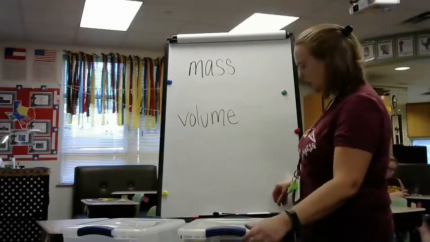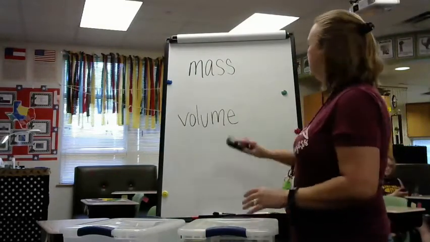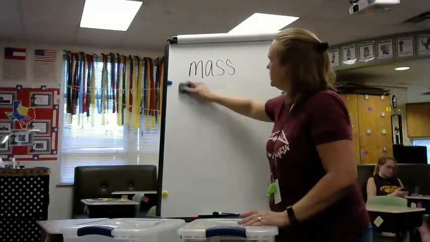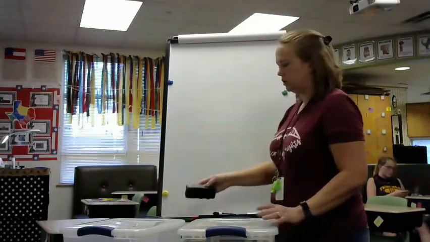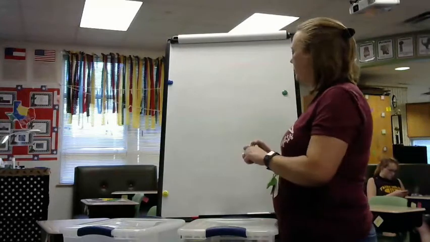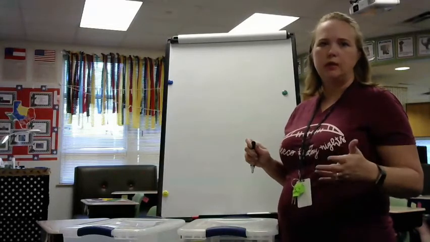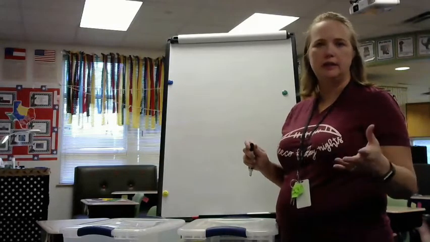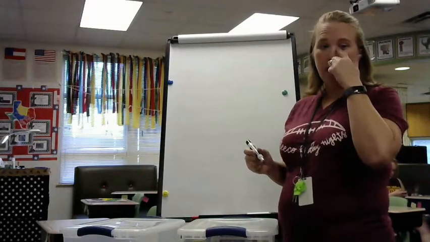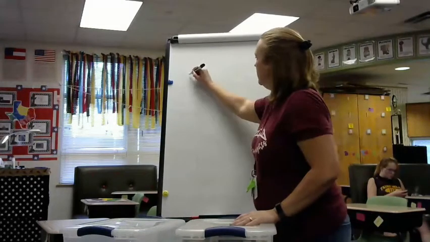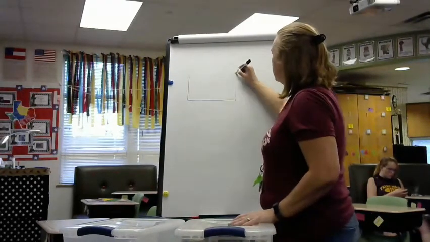So what we're going to do is open our journals, and this is just to help us keep this straight in our minds. We're going to open up our journals to a new page. I'll attach a copy of what the table of contents looks like, because you're going to add this in on a blank page. We're going to draw two boxes. We're going to draw our one box